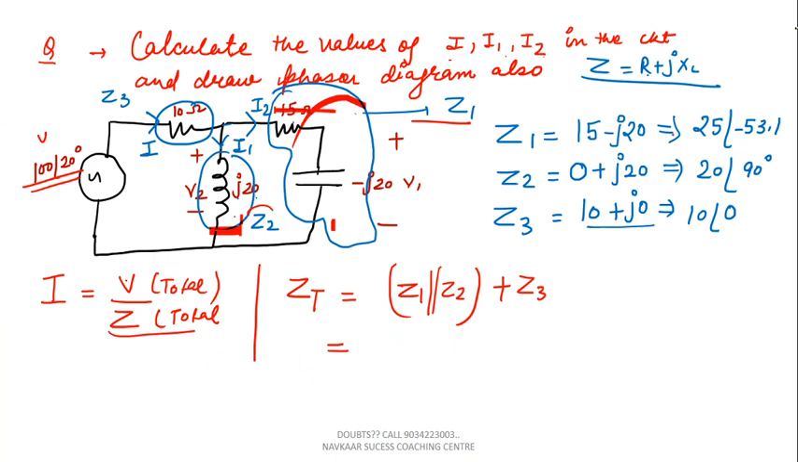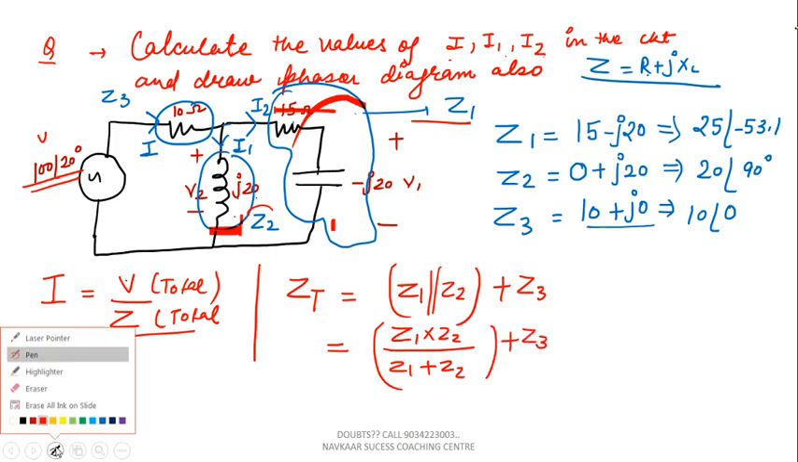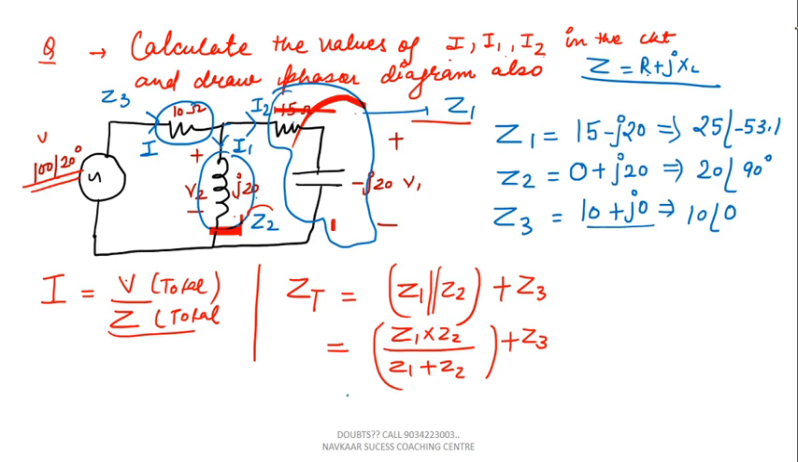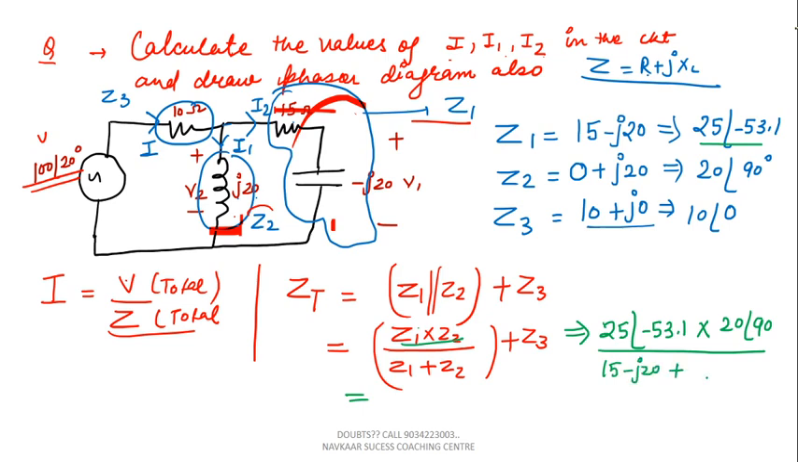So Z1 value is how much? What we have written: Z1 multiplied by Z2 divided by Z1 plus Z2, plus Z3. Now we just need to put down the values of all this. If we want to multiply, we put in polar form. If we want to add, we put in rectangular form. We need to multiply, so I am writing in polar form: 25 angle minus 53.1 multiplied by 20 angle 90, divided by Z1 plus Z2, which means 15 minus J20